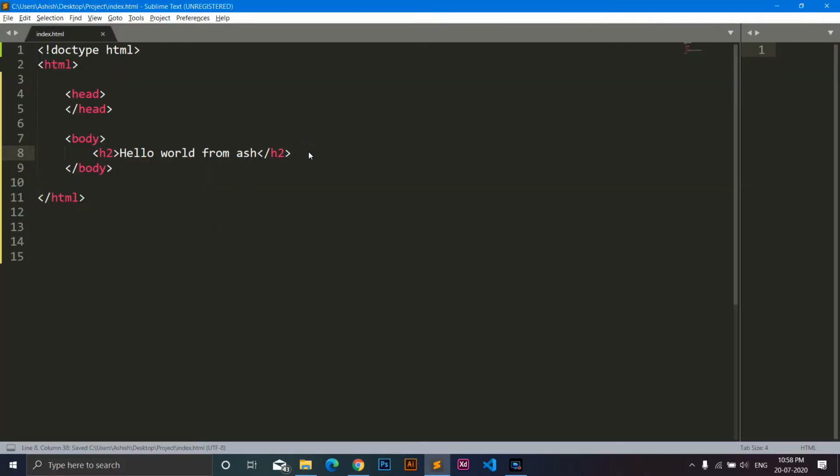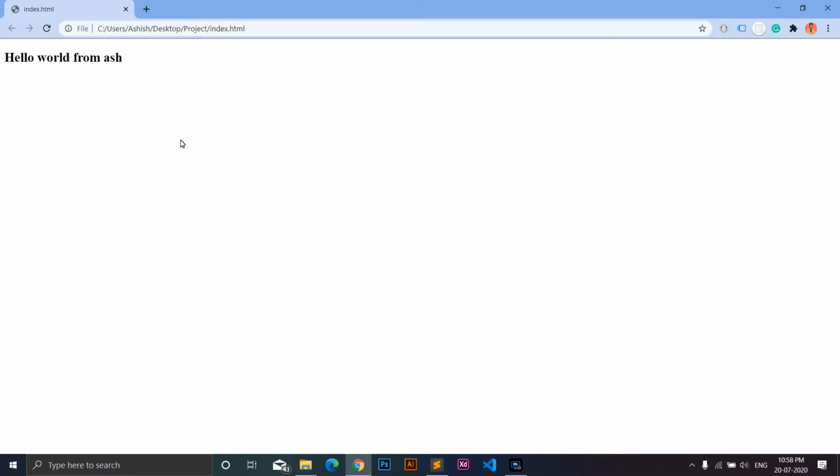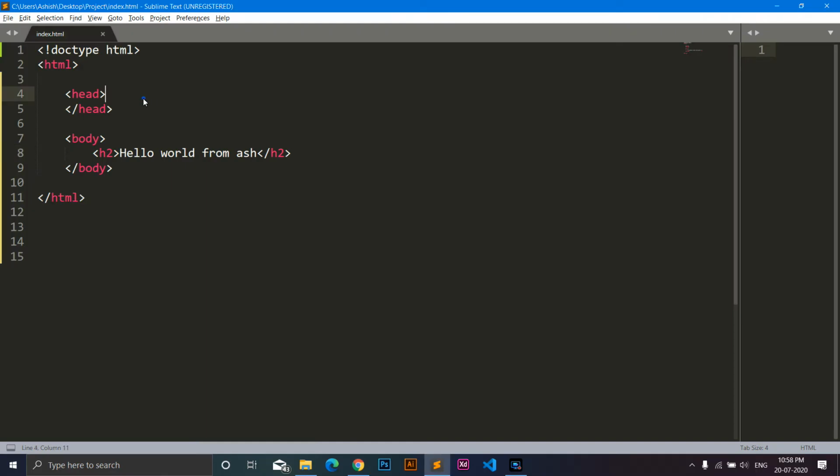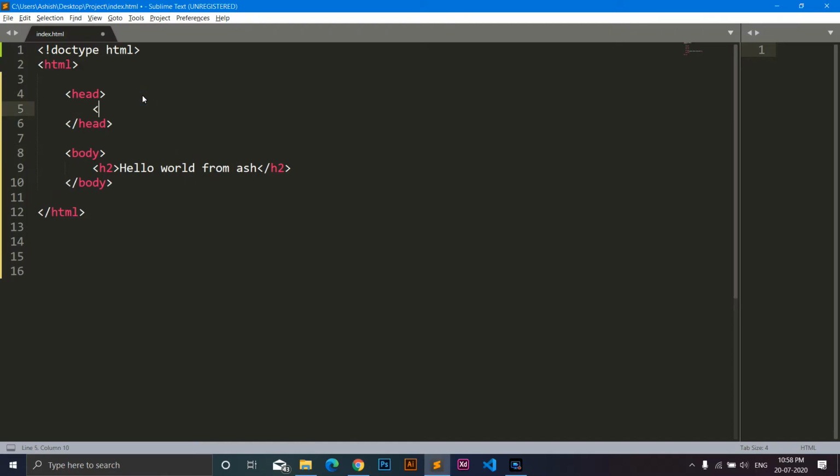So if you see over here, at the very top we have written index.html, which is nothing but the file name of our page, which is index.html in our case. We can add the title of our website over here by just adding a title tag inside our head tag.